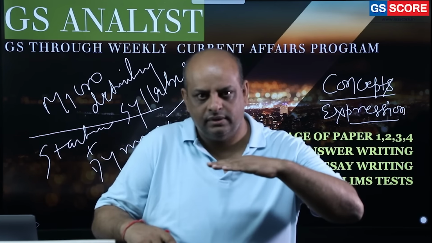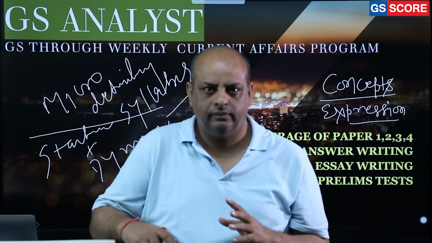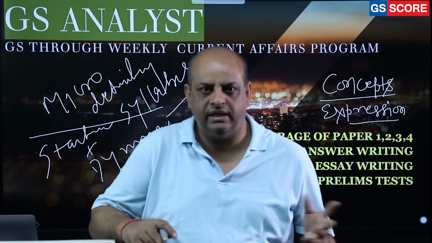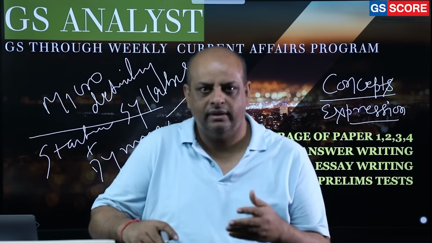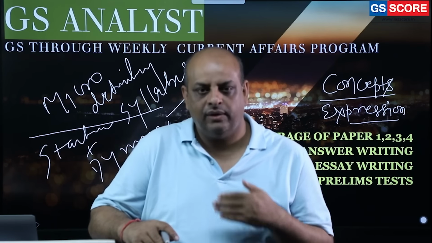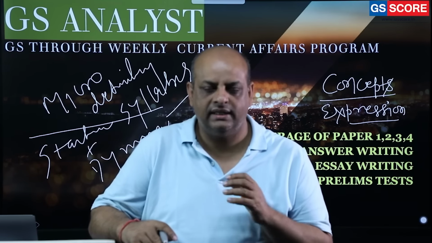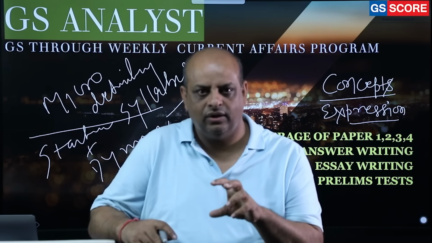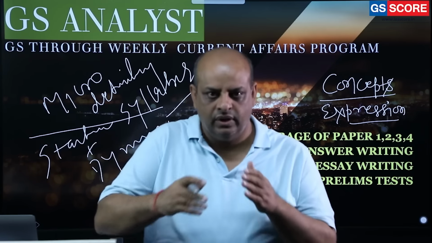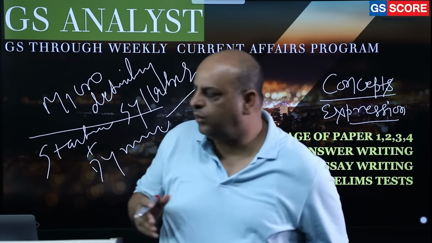With the minimum input for current affairs, how to maximize the output is all about the GS Analyst program. And it's not about current affairs alone, because there are thousands and thousands of websites about current affairs. We don't want to increase the number with one more current affairs. No, not at all. It's about one and only one thing, and that is utility. When we talk about utility, there are various aspects. Number 1, to cover paper 1, 2, 3, 4, rather than focusing on a few areas like polity, economy, IR. You have to touch every paper. The way we scan the topic matters a lot, and we always try to update or work at this level,